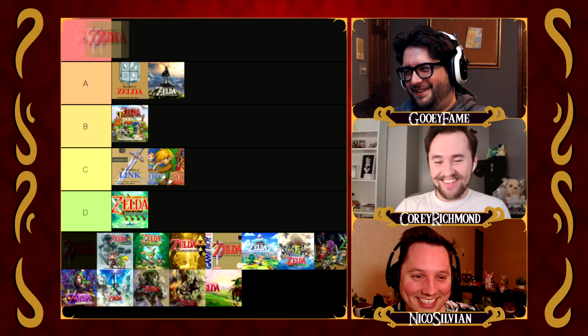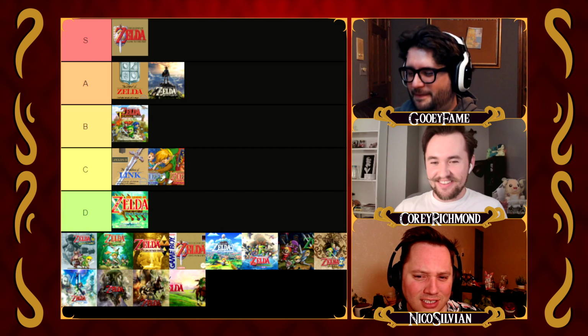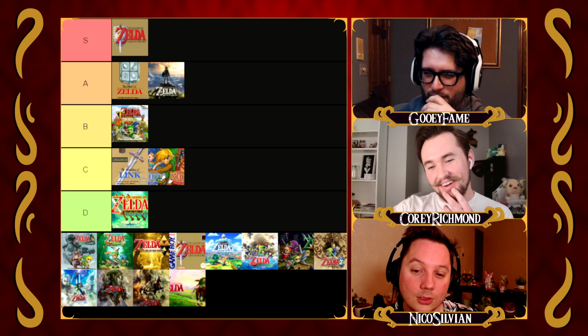This is the Link to the Past here. I like when we're all in agreement about something's greatness. I said it sucks. What are you talking about? Oh, we almost got to Boo. All right, Corey Richmond, let's do...